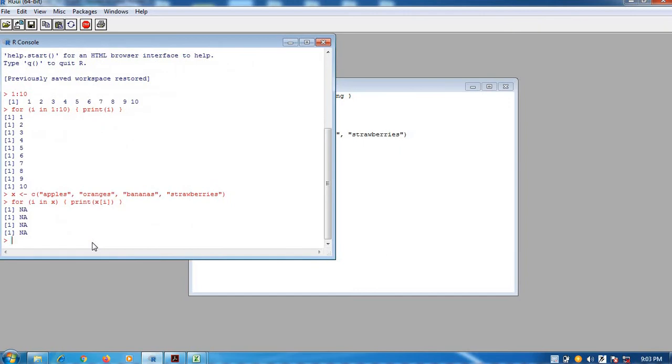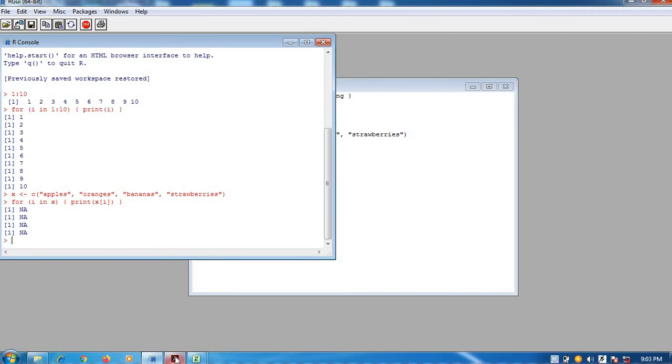You are expecting the apples, oranges, bananas and strawberries to be printed, right? But it is not printing that; it is just printing NA, that is, not applicable. So we are not getting output here. What is the reason, and how can we get these apples?